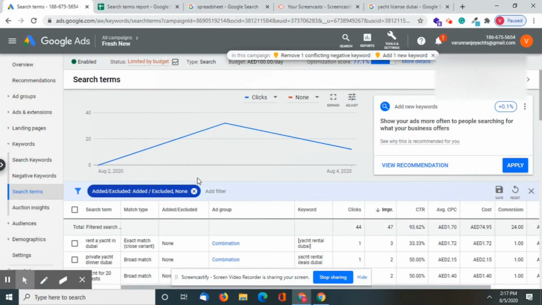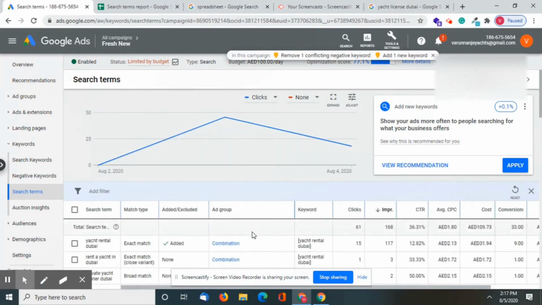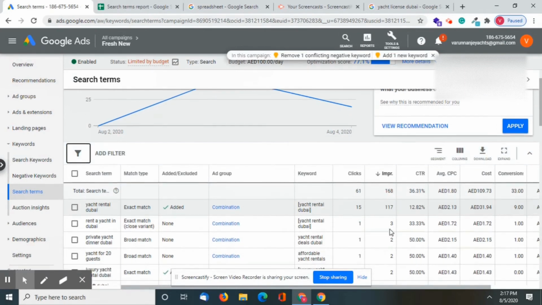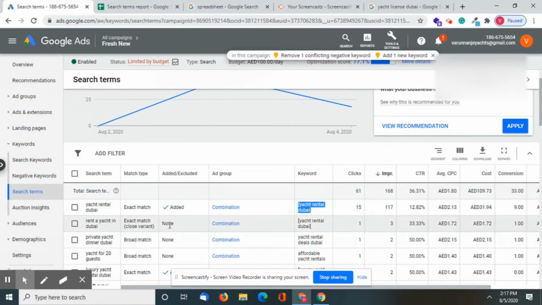I have already put the filter. You can see that for the search term yacht rental Dubai, around 117 people have seen my advertisements and 15 people clicked. Also, you can see that the keyword which triggered this search term is the exact match keyword yacht rental Dubai itself.